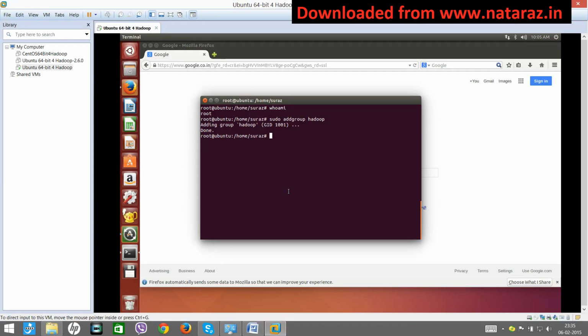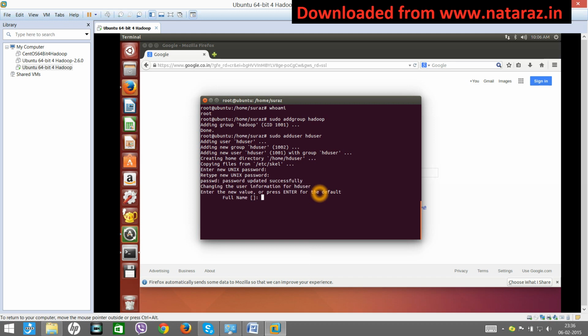Copy this, paste. Password, I will give the password as hadoop only, and it will ask for some details. If you are interested, you can type them in, otherwise simply press enter. Yes, done. So what it has done is, it has created a user called hduser.